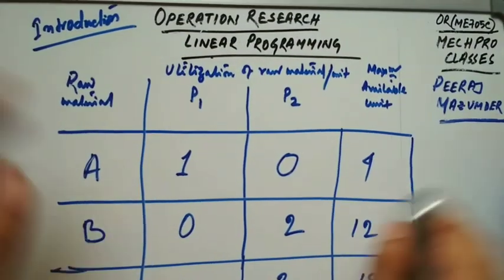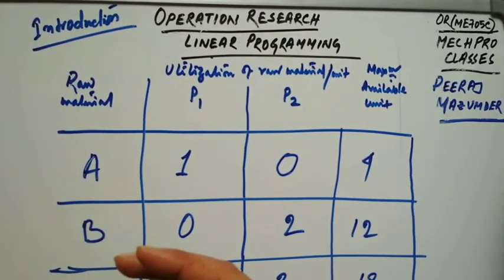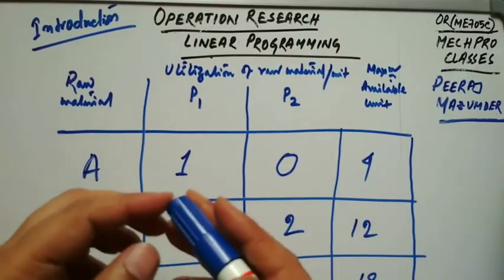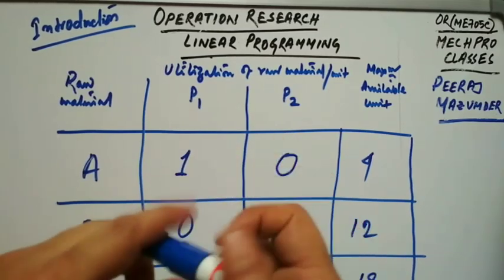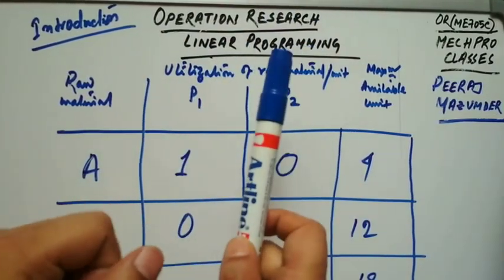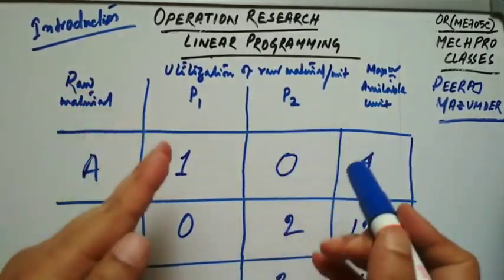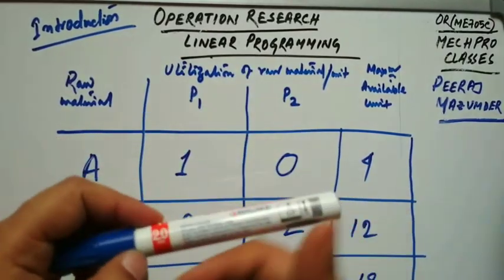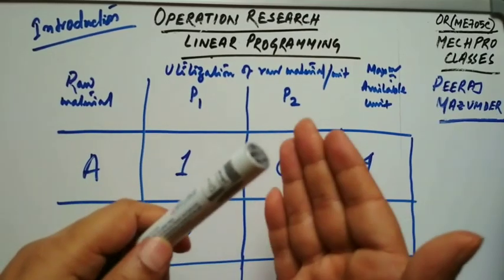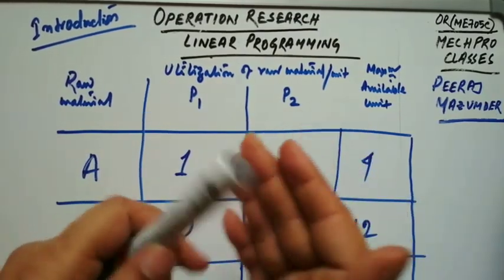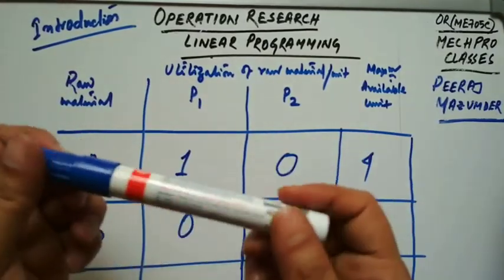It had its early use mainly for military applications, but it is now employed widely for business problems also. And linear programming is a mathematical technique for the purpose of allocating limited resources. I will be talking about the limited resources, what the raw materials are, and what the utilization of raw materials is, in the latter part. But for this definition part, it is a mathematical technique for allocating limited resources in an optimum manner.